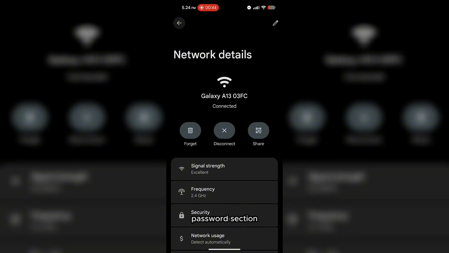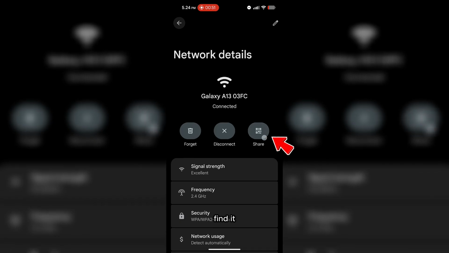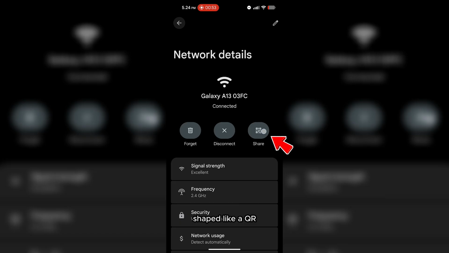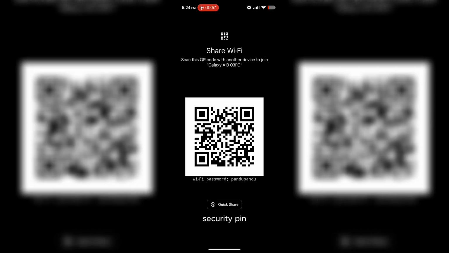Here you will find the Password section. Click the eye icon next to it to see it and enter your passcode. If you can't find it, click the Share option button shaped like a QR code. Type in your lock screen device security PIN, scan your fingerprint, or enter your system password to authorize the credential